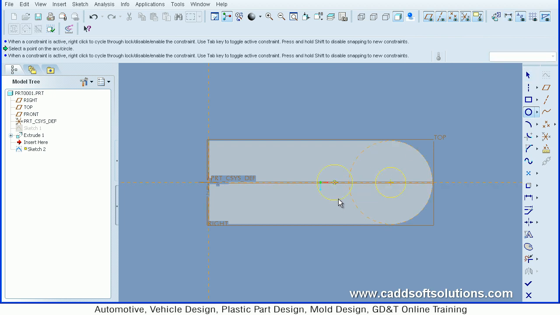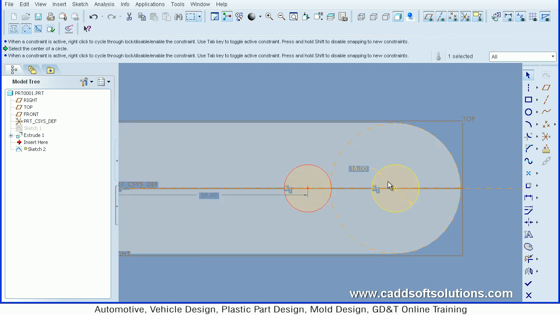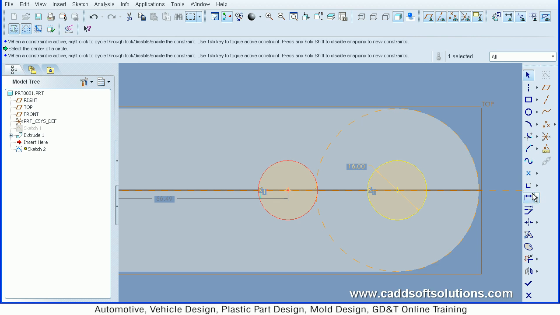of 16 diameter only. So I am maintaining the equal radius constraint, so it is shown by red R, so that means the radius of both the circle is same. Then I want to give the dimension between these two circles. So for that I will use a dimension tool. I will click on the center of first circle and center of second circle. I will just come down and press roller. So it has given the dimension.